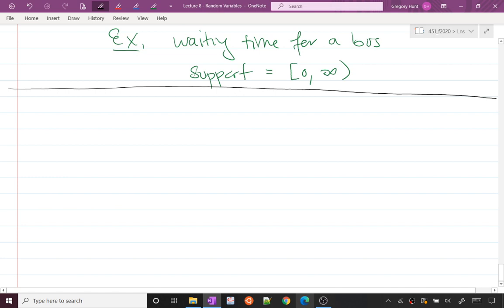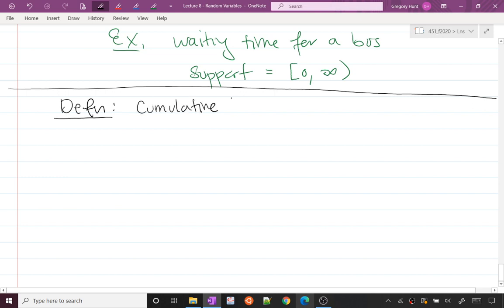We're going to spend some time now talking about properties of random variables and ways of understanding what a random variable is and what its properties are. So our first really useful definition